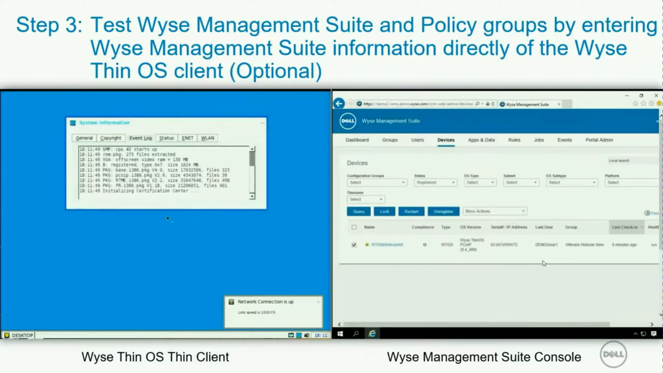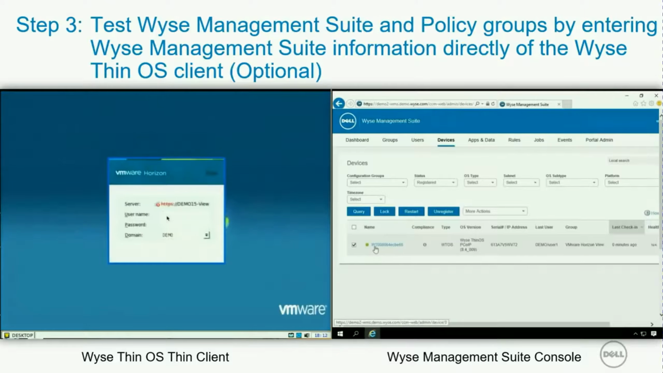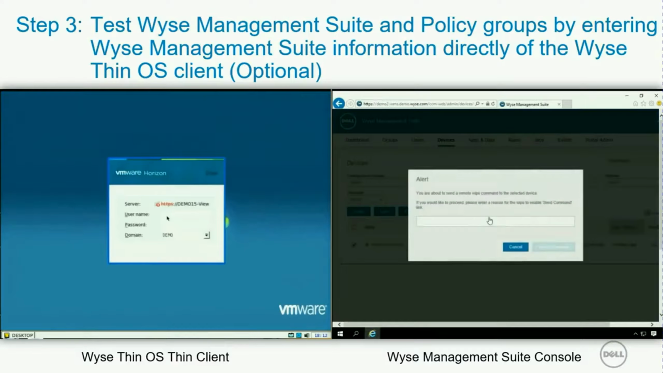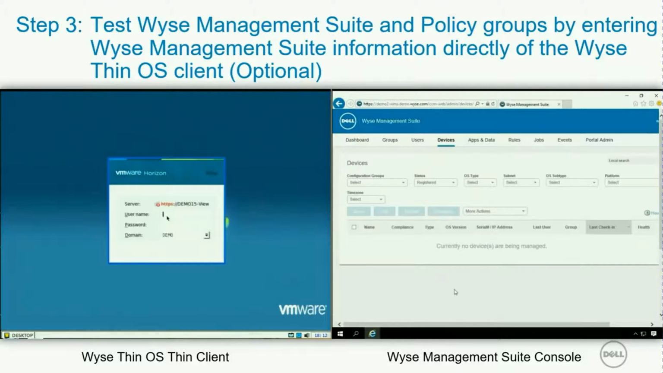So again, this is just testing. I manually entered the settings for the Wyse Management Suite server on the device. For the next part of the demo, I'm going to select the device and choose the option to wipe it, which will clear out any settings the device has. So I'm going to do a remote wipe of my device,